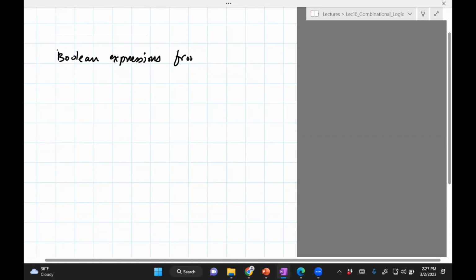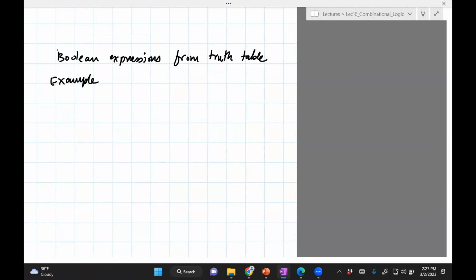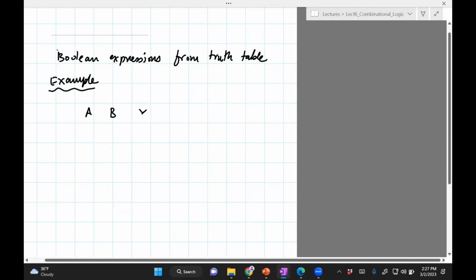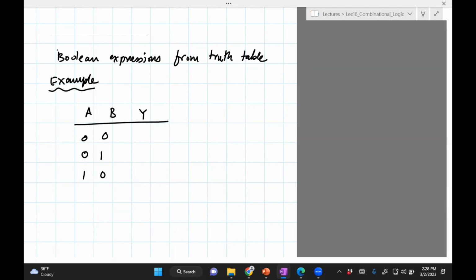Expressions from truth table. So here's an example. Let's say A, B has these inputs. Okay, so that's the output and A, B are the inputs. The question is,